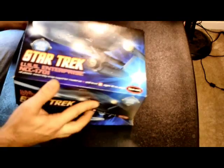If I can open up the box. Alright. As you can see, we've got our regular plastic pieces, saucer section, main hull, warp nacelles. We've got our clear pieces. This will be the bussard cells, the front, you see, and then some of the other little detail pieces and stuff. So,